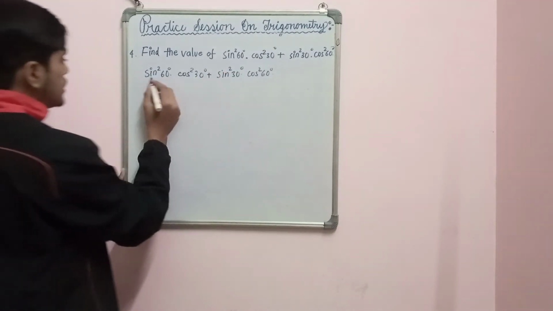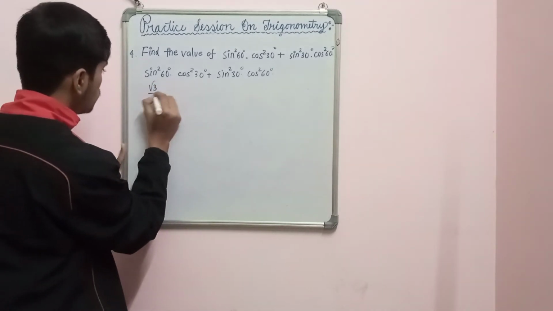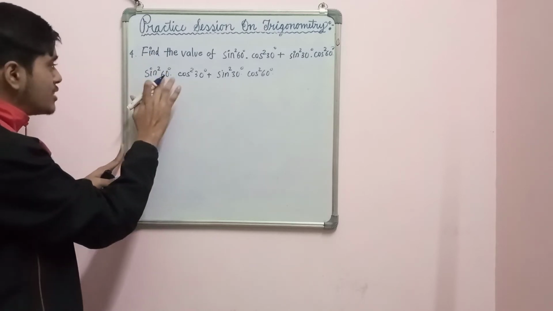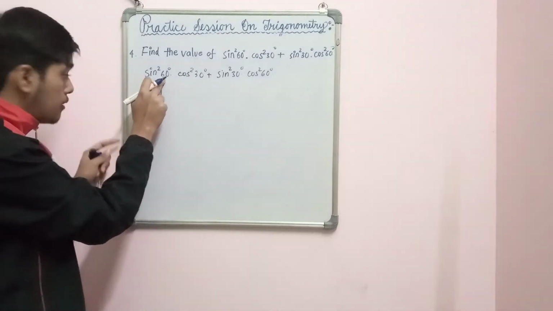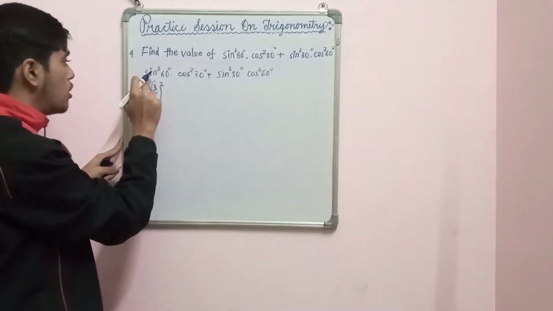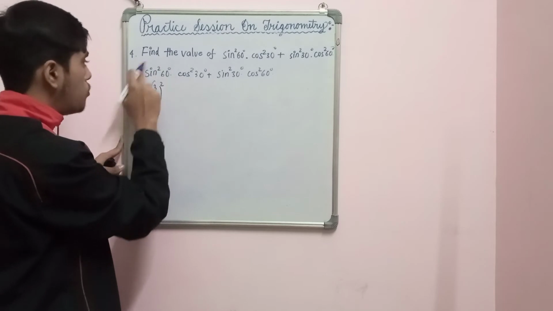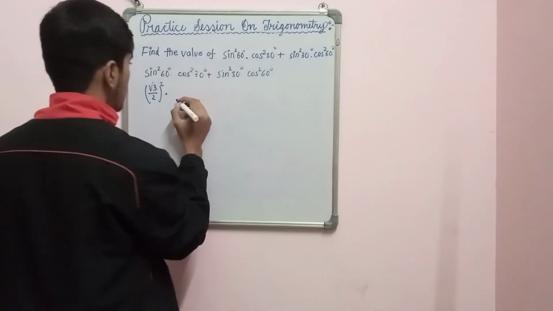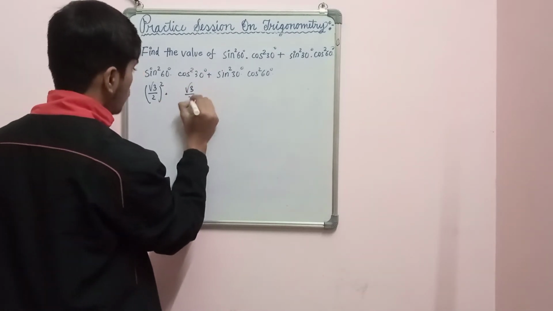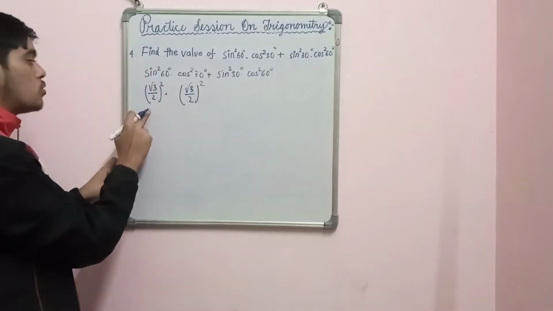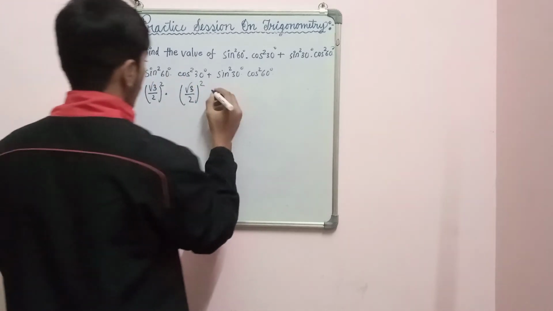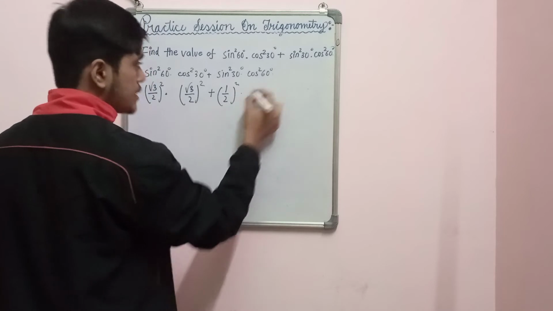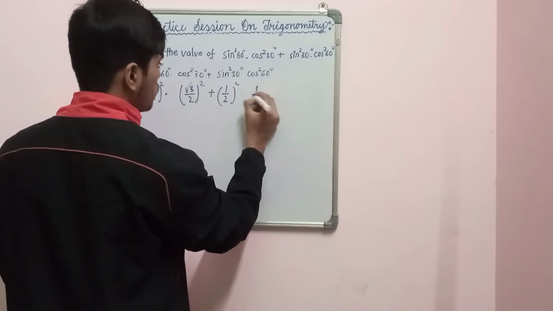Now let us put the values. Sine 60, if you remember, was root 3 by 2. So this becomes root 3 by 2 whole square, because sine is squared here. Okay, this sine square 60 means that this 60 का square नहीं है ये. This is the square of sine 60. ये पूरे का square, मतलब sine 60 का वैल्यू कितना हुआ? root 3 by 2. इसका square हुआ, ठीक है. Now cos 30, if you remember, is also root 3 by 2. Remember, sine 60 is root 3 by 2, cos 30 is root 3 by 2. Okay. Now sine 30 is 1 by 2 whole square, and cos 60 is also 1 by 2 whole square.